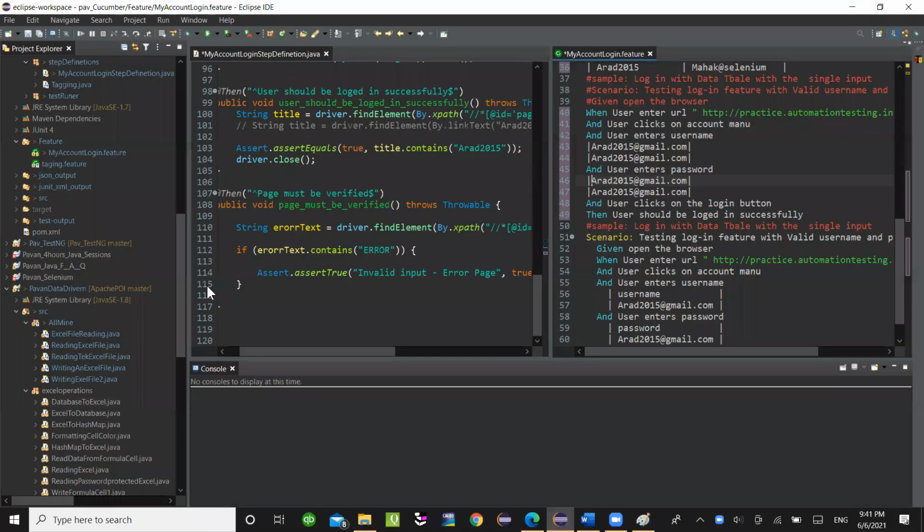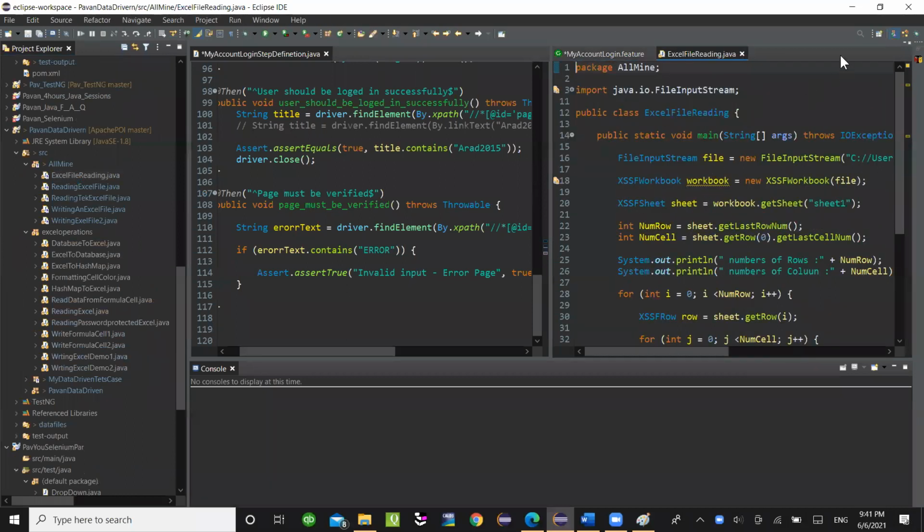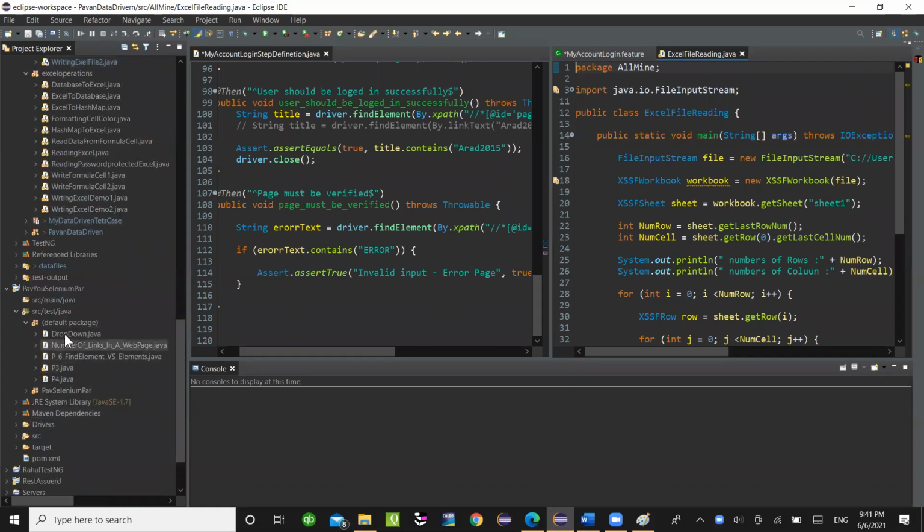Let's go here now. Let me just show you something that may help you guys. I think I did this before, so let me just go. This is something I did. If you don't understand, doesn't matter. I just want to show you, if someone asks you what is data-driven testing,